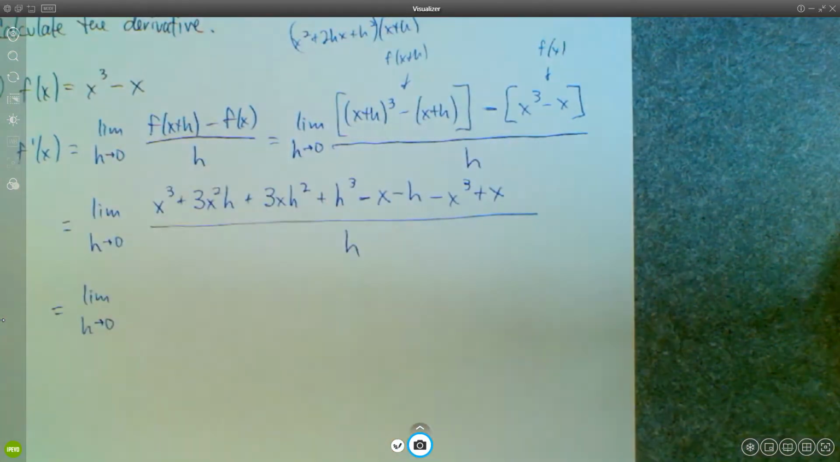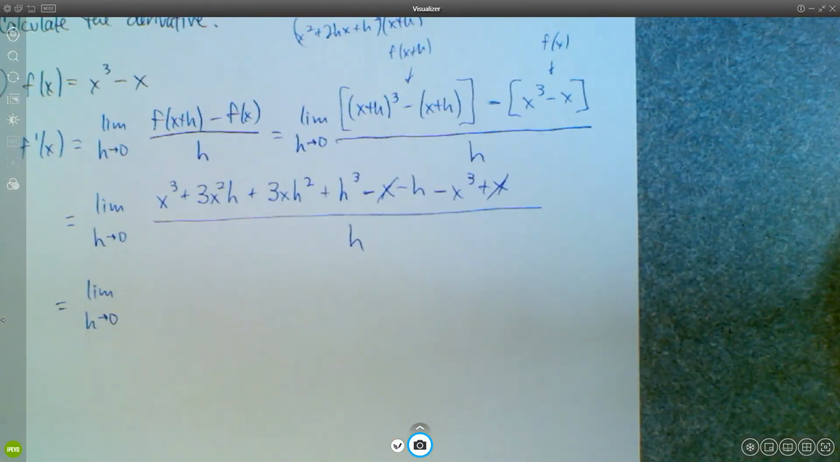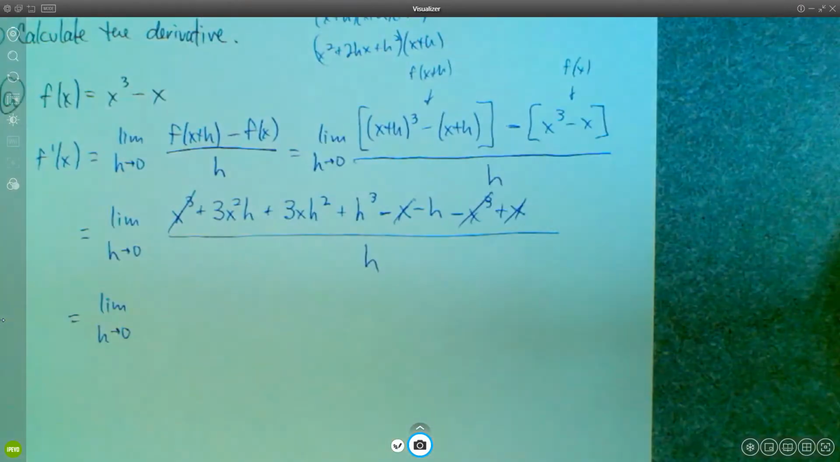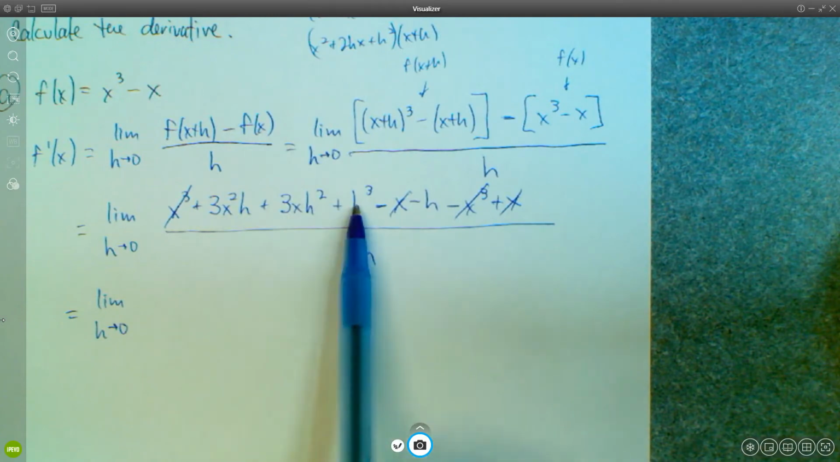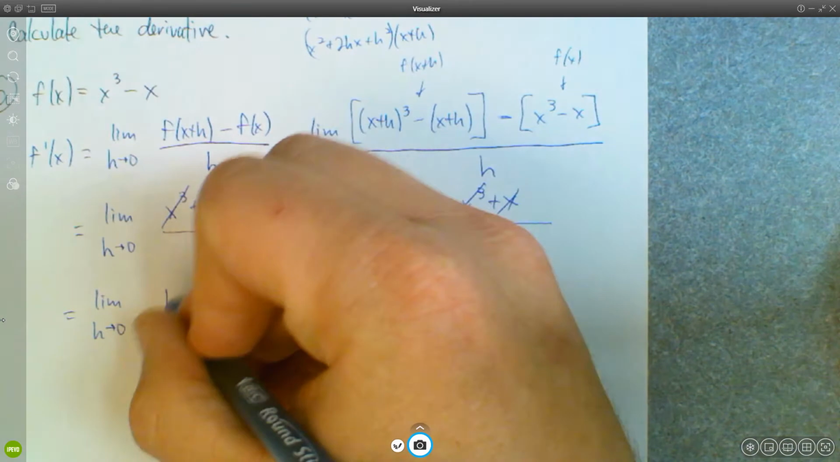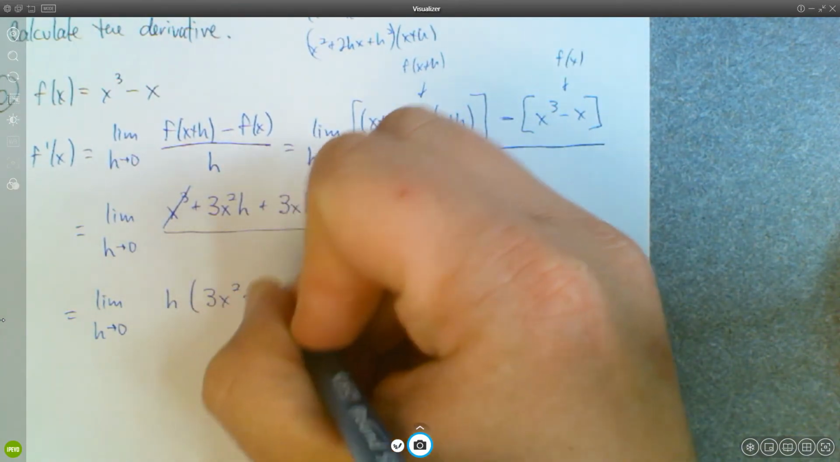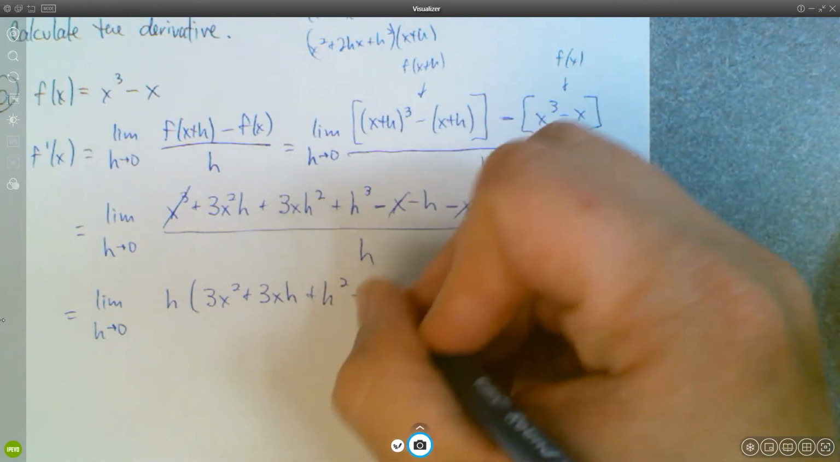Some stuff should be canceling, I think. I've got that and that will cancel. An x cubed and a negative x cubed will cancel. And then notice that everything else that I have left over has an h in it. So I'm going to go ahead and factor that h out. I'll be left with 3x squared plus 3xh plus h squared minus 1